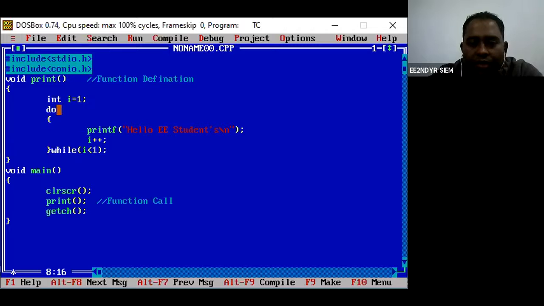Now I'll be taking a 10 minute break, and after the break I'll be writing a program for you, the Newton-Raphson method. During the break, just recall all the code that I have explained to you right now. So there is a 10-minute break. We'll see you after 10 minutes.